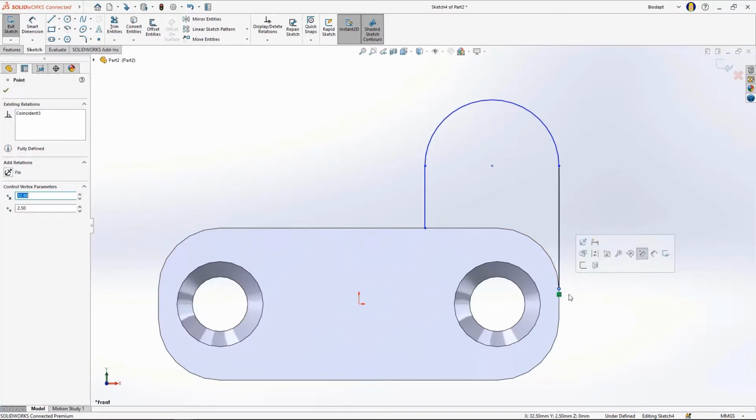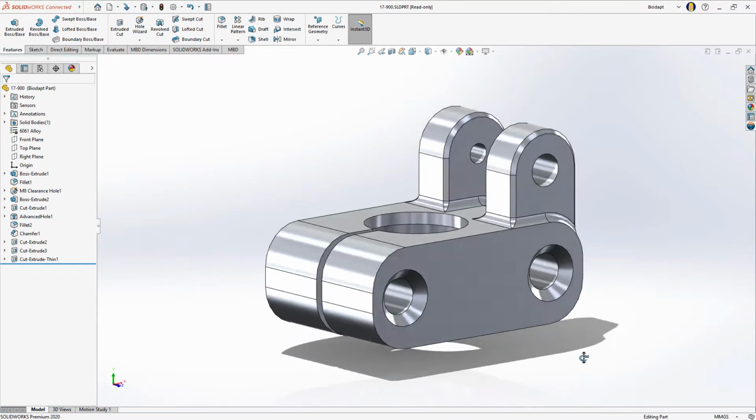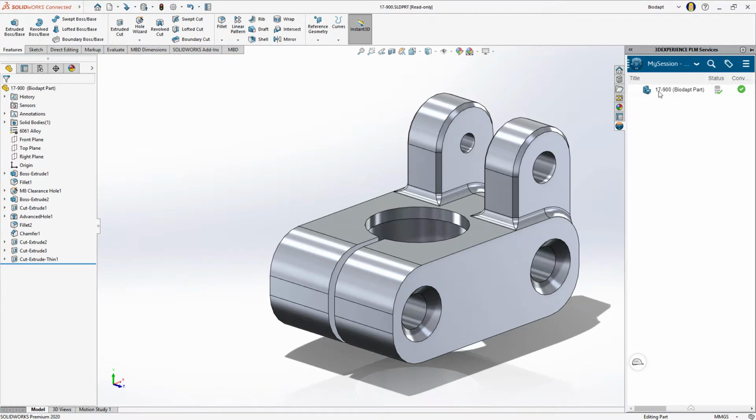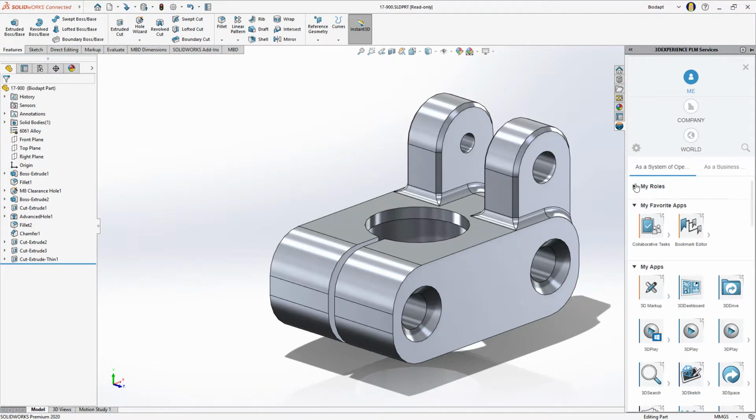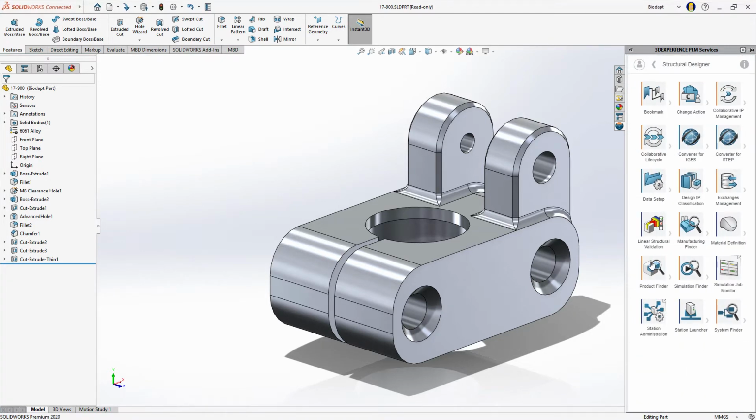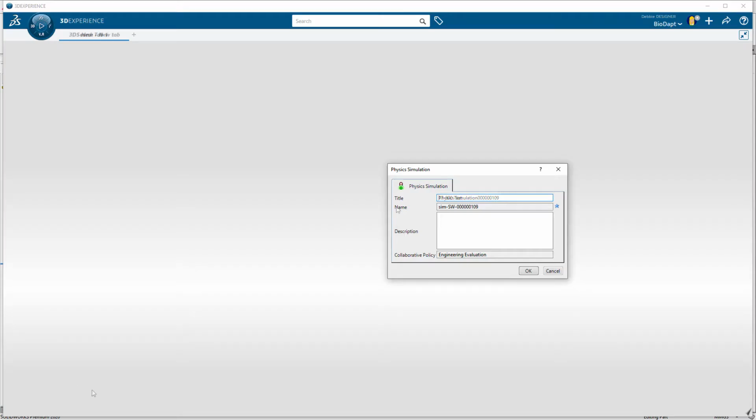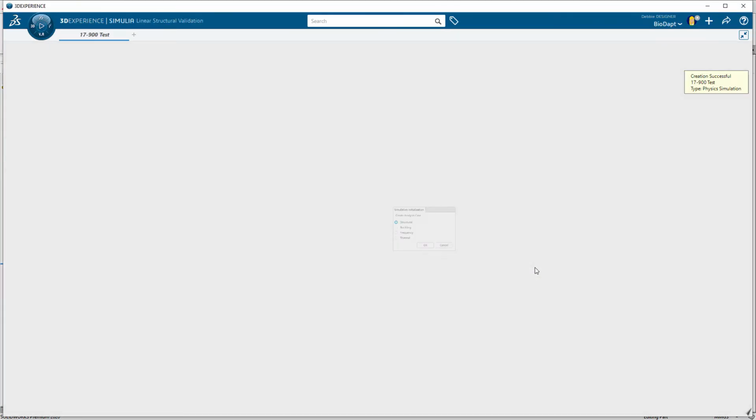of the bracket. Proud of her work, she thinks her new design will now be strong enough, but before she sends her new design to Adam, she wants to validate it herself. The simulation apps in her structural designer role can guide her through all of the steps to validate the strength